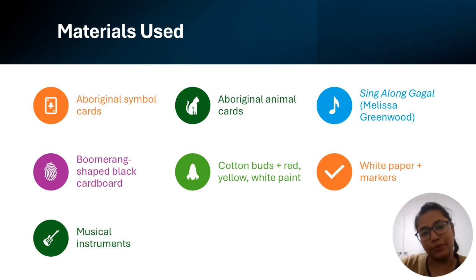The materials I have used. I have learned a significant amount through this curriculum and the research I have done, particularly when writing about Aboriginal Australia and language and culture. My resource teaches Aboriginal symbols, animals, storytelling, music, and creativity. The experiences are developmentally appropriate and support children's language development, fine motor skills, creativity, and cultural awareness. I used all kinds of natural, visual, and creative resources.